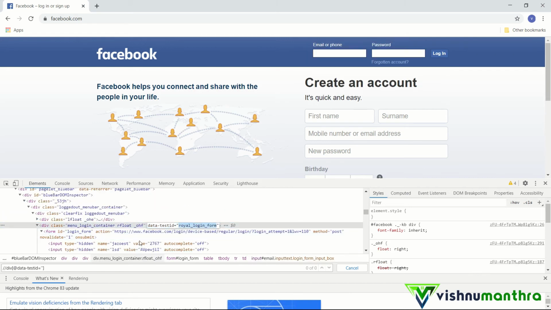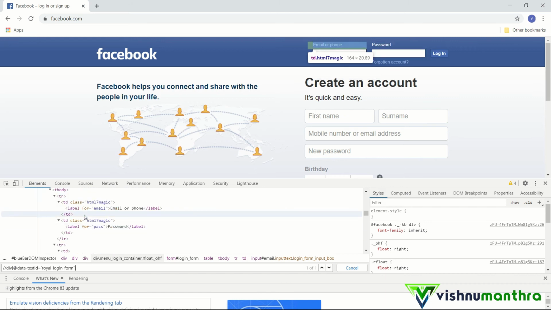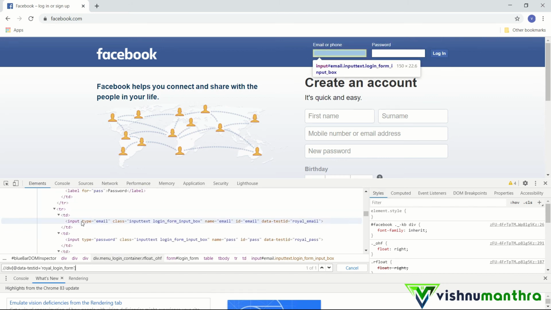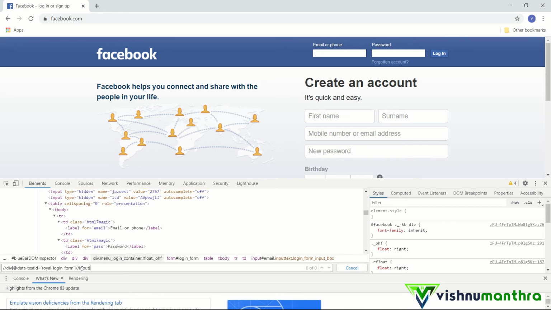So this is the attribute name. Then I don't want to come to the immediate element; I want to go to some inner element. Suppose I want to come to this td, or to this input element. We can simply put a double forward slash, then input, and inside that give @type equals email.